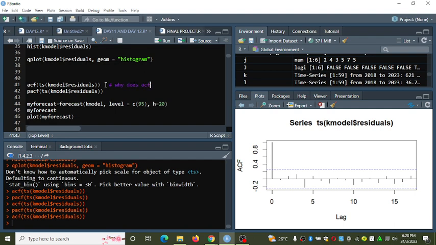Why does the ACF of time series data start from 0? You will find this in your project, and why does the other one not start from 0? So yeah.